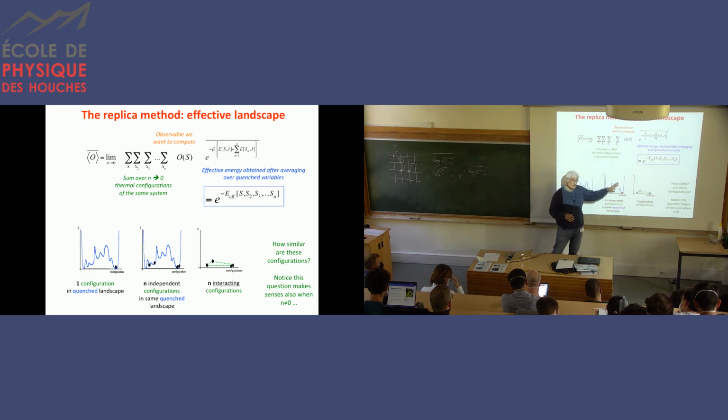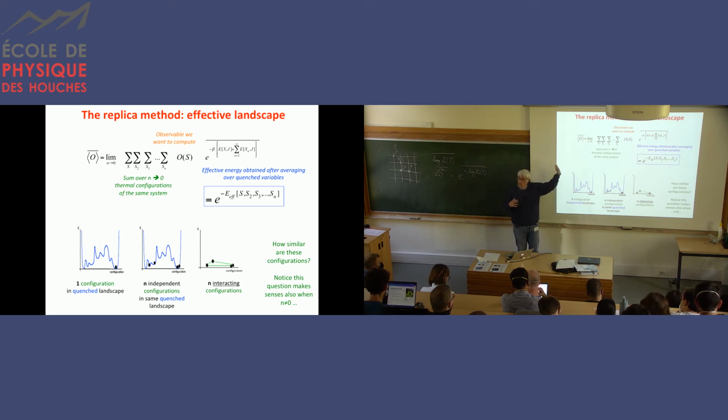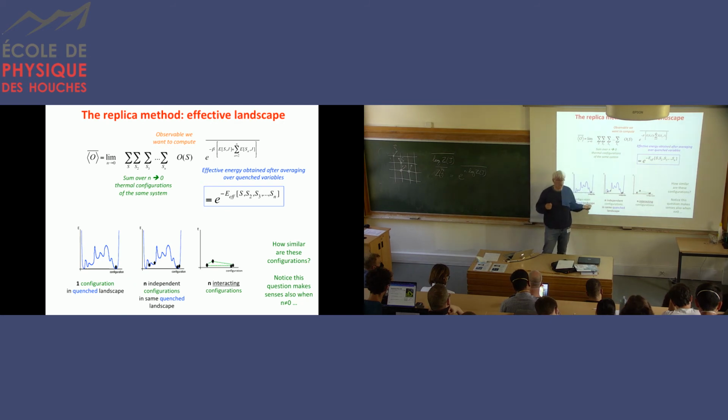So you remove the landscape, right? By averaging over all possible landscapes, which are defined by all possible J, the quench degrees of disorder. And what you get is something where there is no landscape anymore, which depends on the quench disorder, but you get only effective interaction between your replicas. And this effective interaction exists simply because there are traces of the fact that the replicas were living in the same landscape before the average.